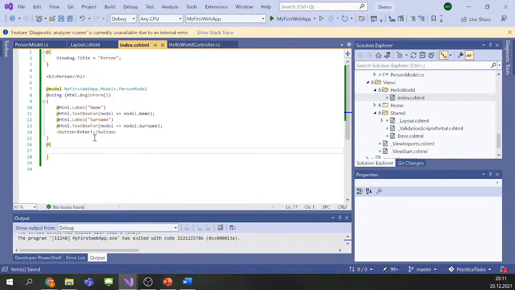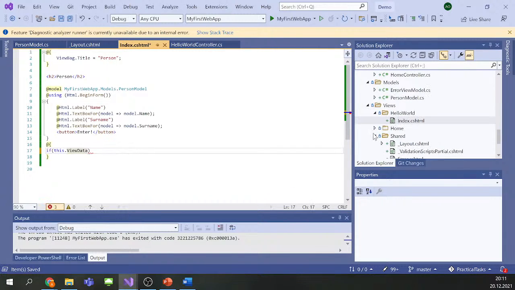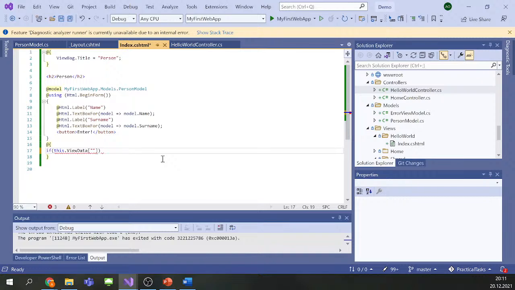Here I have view data. Okay, I think that was correct. So from here I can get this string. Again, I need to use the same key, welcome string, welcomeStr. So if this is not empty,